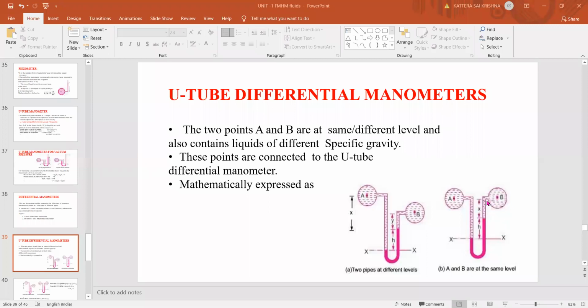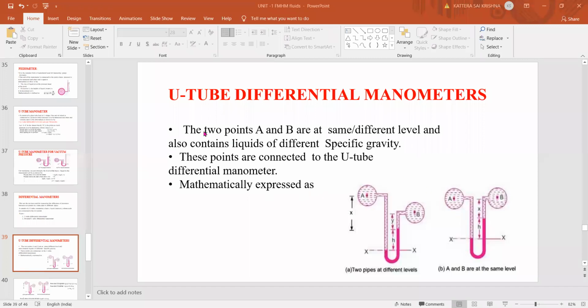And on the right side, if you see, two fluids are there. One is the manometric fluid and the other is the normal fluid in B, whatever fluid is there in B. So there we'll get three pressures in total: the pressure generated because of this mercury, the pressure because of the fluid in the tube, and the pressure which is unknown, that is PB. So PA and this pressure will be there in the left line.